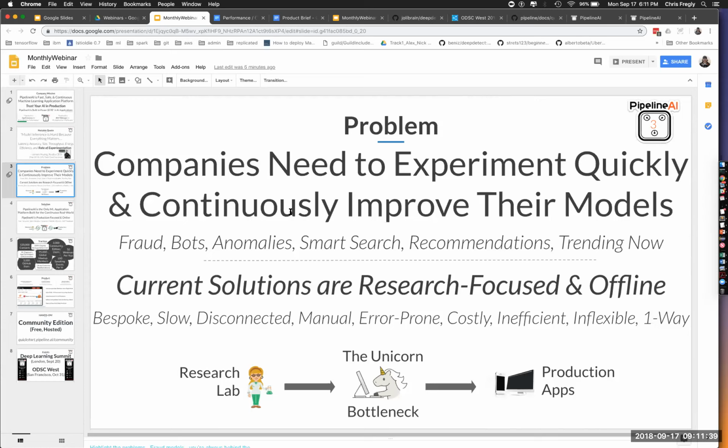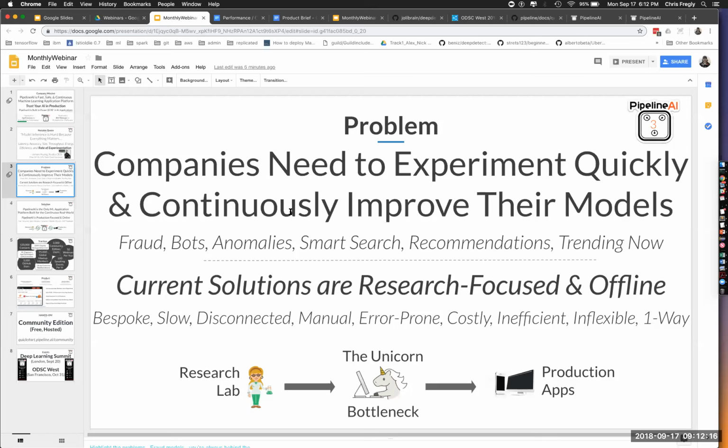And so, to keep differentiating and maintain dominance, these enterprises need to respond to things continuously, like fraud, bots. Doing things like trending now and real-time recommendations are super powerful. And if you don't have these, you're always behind. You will always be 48 hours, 72 hours behind when your Spark job or your Hadoop job is done telling you that you have fraud, versus the ability to catch and recognize this right away.